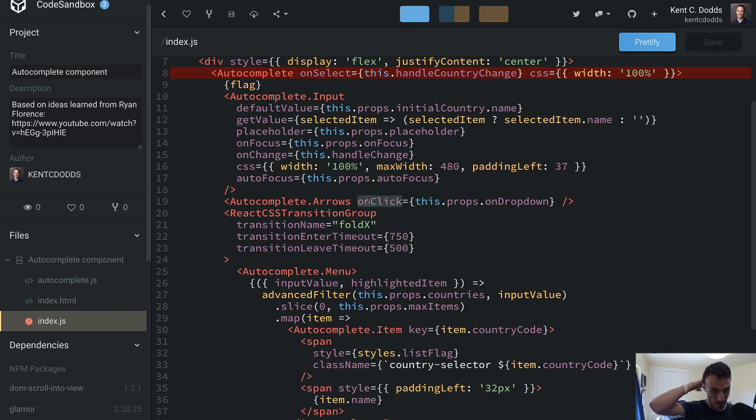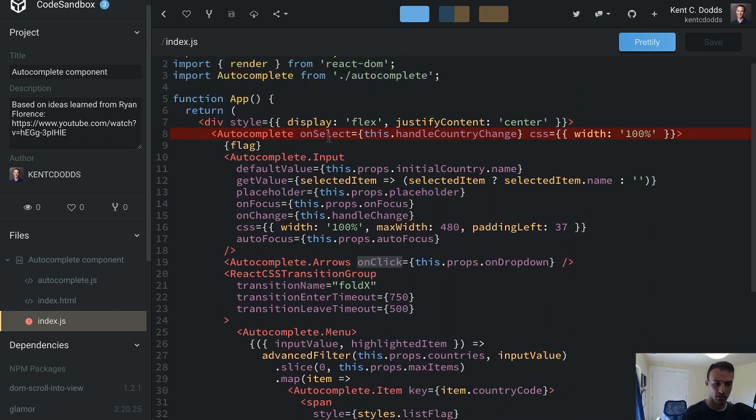So what I love about what Ryan showed is that normally with an autocomplete, you just have a single component with a bajillion options, and if you wanted to change the way things are rendered, you have to add another option to say, oh, let's put the arrows on the left or something like that. So with this kind of API, if I wanted to put arrows on the left, I would just